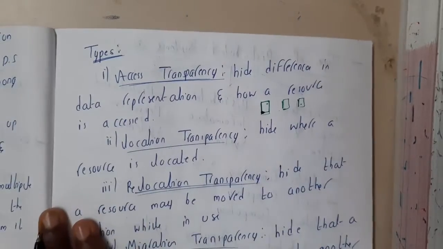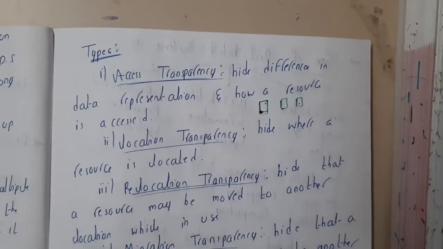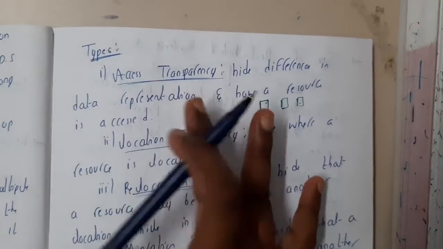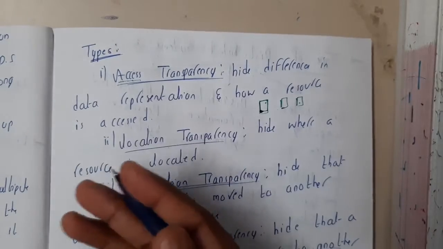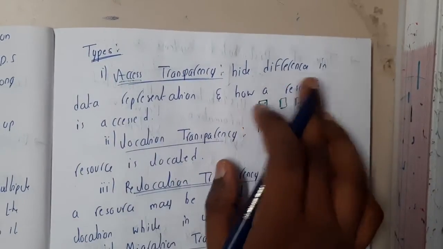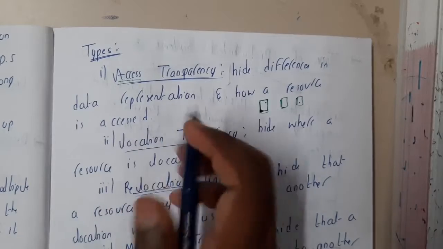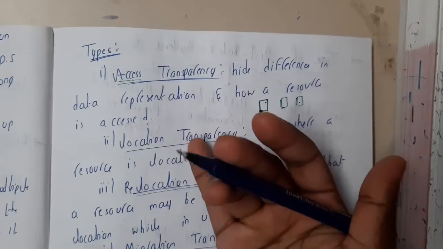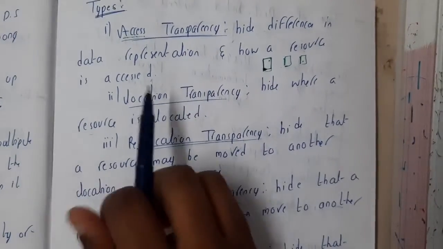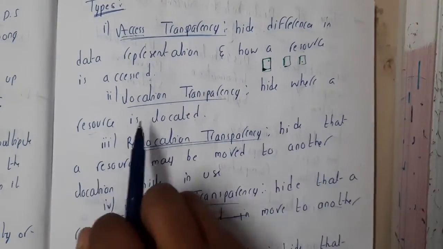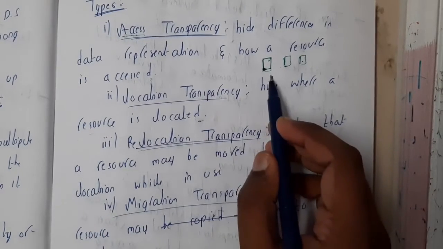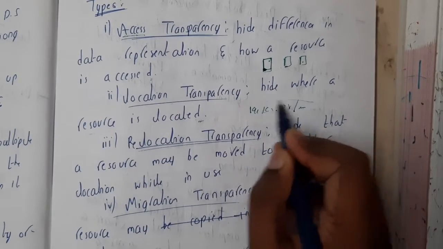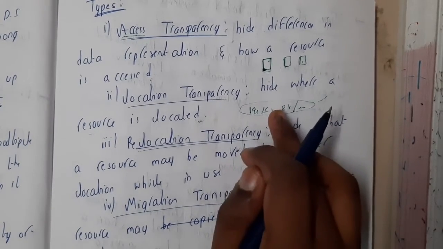Okay, now let us go through the types of transparencies. The first one is access transparency. All these transparencies are really clear, guys, from the names only you can guess the things. Access transparency hides differences in the data representation and how a resource is accessed. Basically you are hiding the access facilities, like permissions and anything. Similarly, location transparency hides where the resource is located. So you're not saying that it is located inside that particular server at 192.168.8.8/files, like that we are not saying. Here we are hiding the locations.